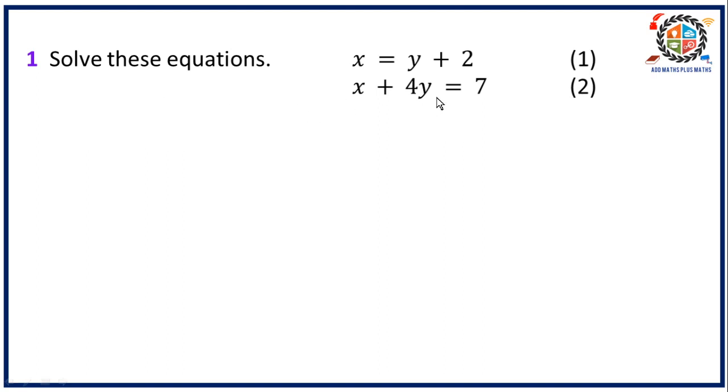Okay, next. So example, let's see. In example number 1, x is already the subject of the equation, meaning the value of x is equivalent to y plus 2. So the substitution method suggests us to substitute the value of x in the second equation, wherein we are going to use the value of x from the first equation. So the value of x is y plus 2. Substitute it to the x in the second equation. It will become,